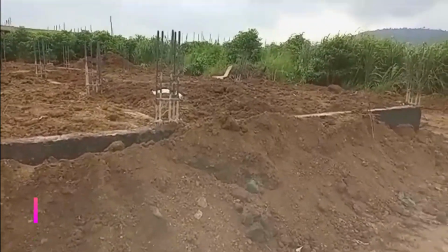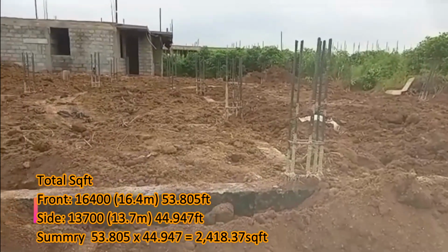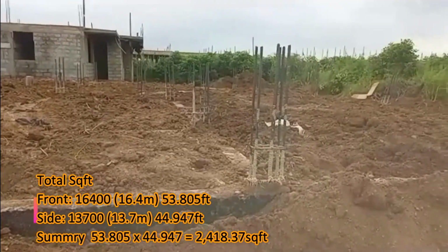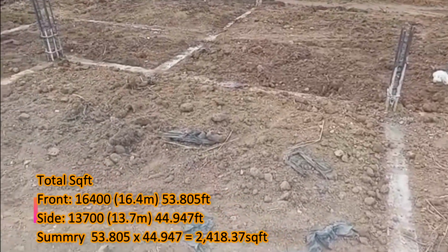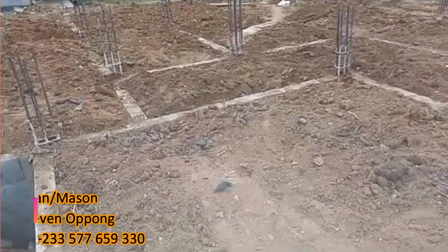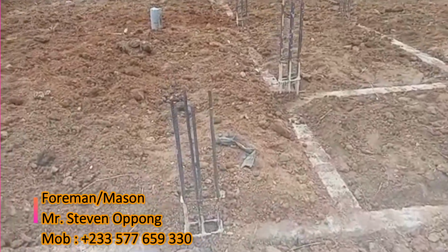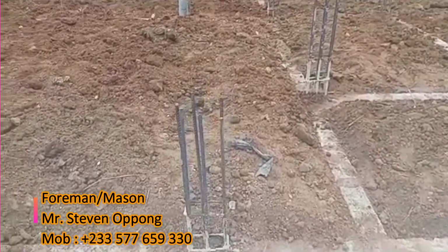Are you with me? So here we are, a beautiful 4-bedroom house. The foundation is almost getting done. The only challenge we faced here in Aburi, Amanfrom is that there is constant rain. So we have to hold on. I'm so excited that we did all the footings work before the rain started coming in. So the laterite is going to settle down properly, sit comfortably, and then we're going to ramp it up